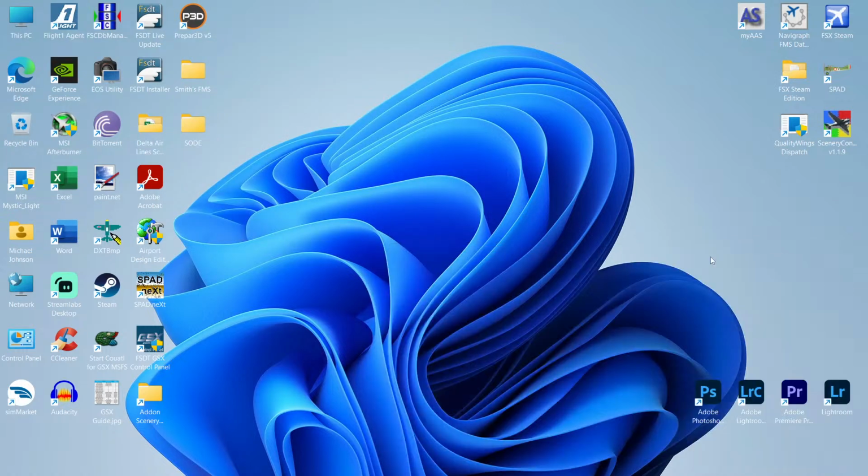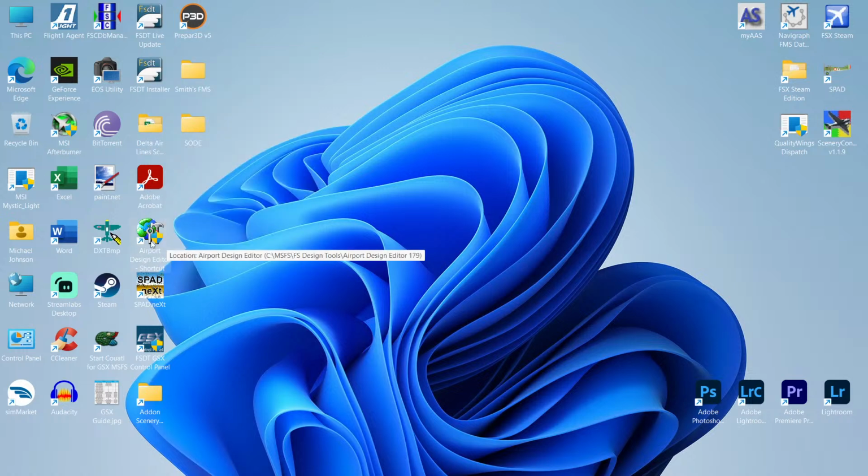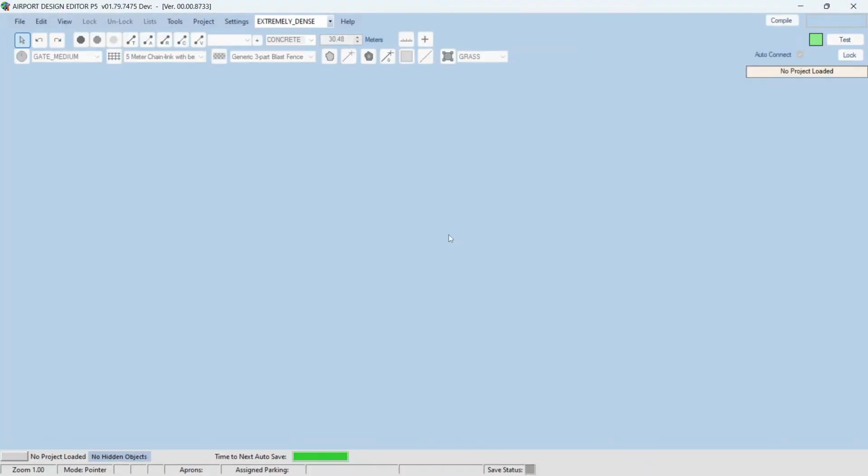and when you get it installed, there's a couple of things that you're going to need to do. So when you first start the program, you need to run it in admin mode. So I've already got it set to run in administrator mode. So you're going to start the program, you're going to get a dialog box right off the bat. And since I'm using Prepared 3D version 5, that's what we're going to choose. If you're using FSX or FSX Steam, then you use that. So we're prepared. Go ahead and open up the box, open up the program, and